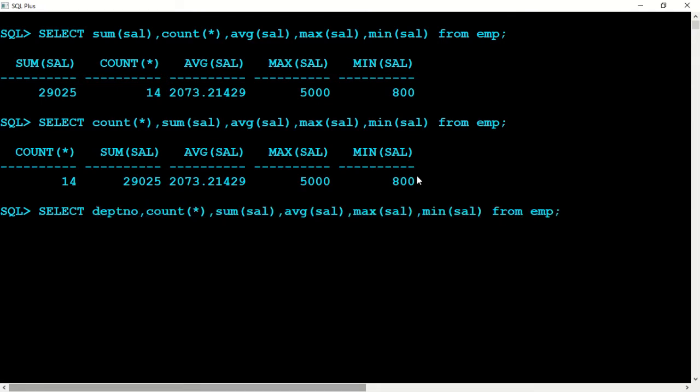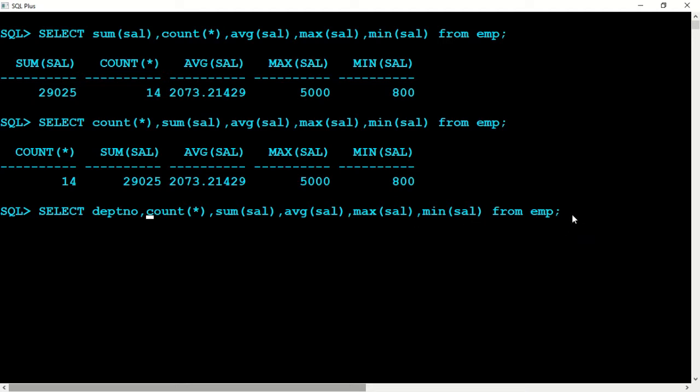I want department number, so that in department 10 so many persons are working, and what is the total salary in department 10, then average, maximum, minimum, and so on. Department 10 has to be grouped, 20 has to be grouped, 30 has to be grouped. For those departments I want sum sal, average sal, max sal, and all things.